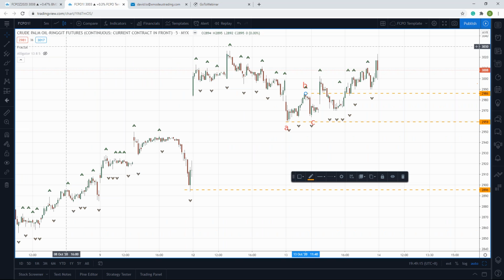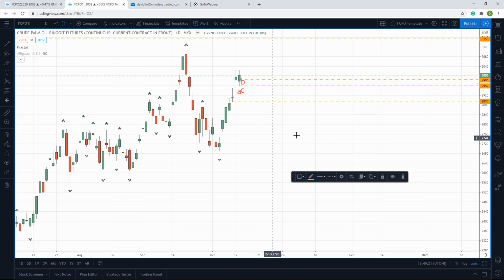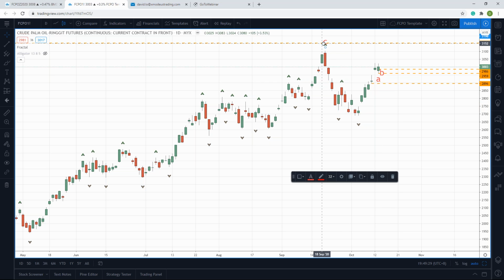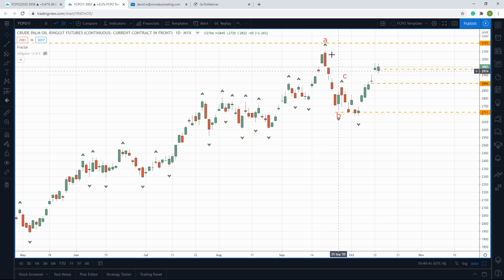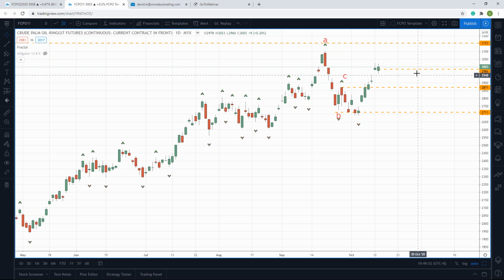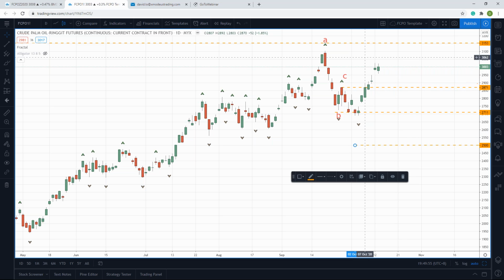If I go up another time frame, to the daily charts, what do I have? In terms of the daily chart, the most recent trigger was here. You have A, B, C. This was probably one of those trades that you would be stopped out of. This particular ABC was triggered downwards, but it didn't develop very well, so you would probably be stopped out at C. Later we'll look at where to put your stop loss. We can get to the questions later, but this is just a quick look at the ABC